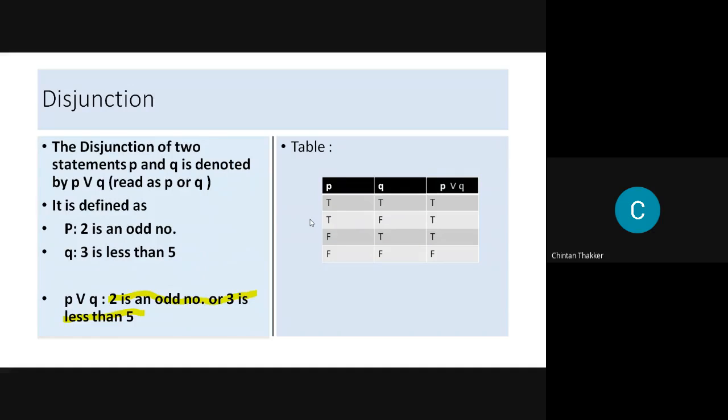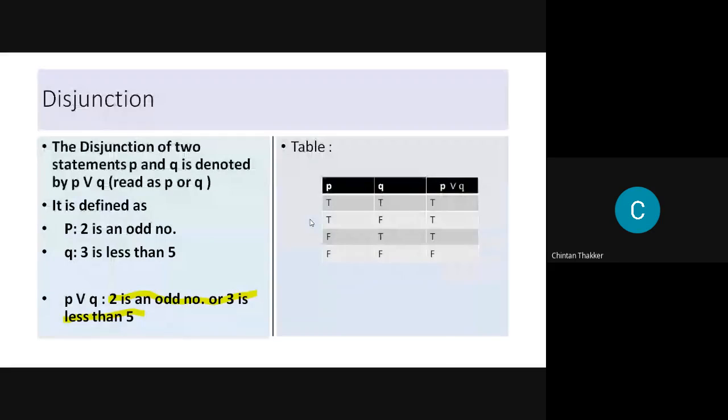2 is not an odd number and 3 is not less than 5. Yes. When you find the negation, the negation of OR operator is AND, and the negation of AND operator is OR.